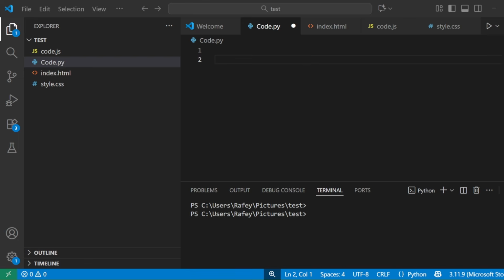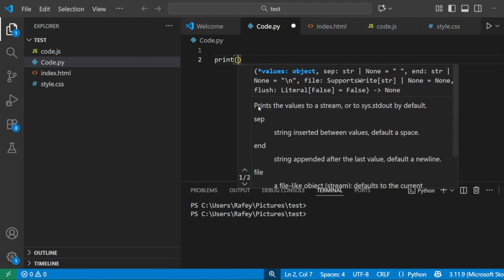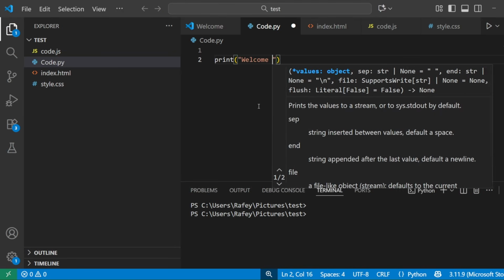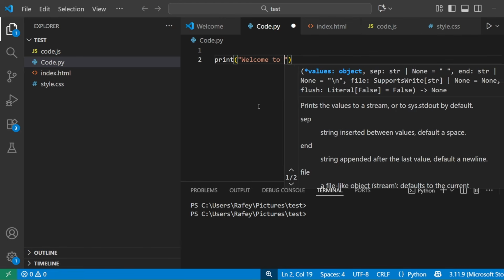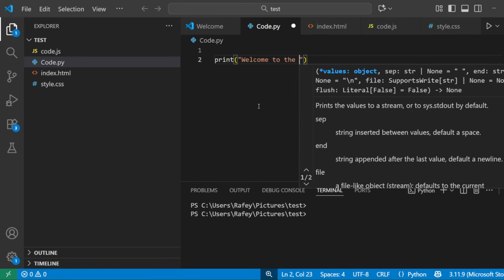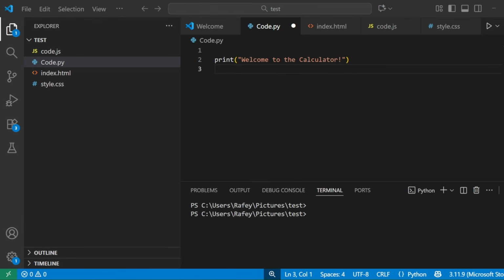Alright guys, so our first step would be to get the numbers, and obviously we would have to greet the user so that they can use the calculator. So we're gonna write welcome to the calculator. Alright. Now once we've done writing that, we're gonna proceed to write